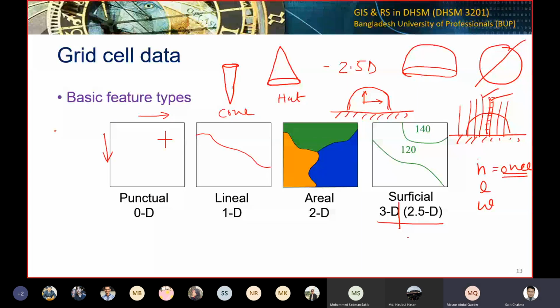So now the question is, what is 3D? What is three-dimensional? So three-dimensional is something sort of like